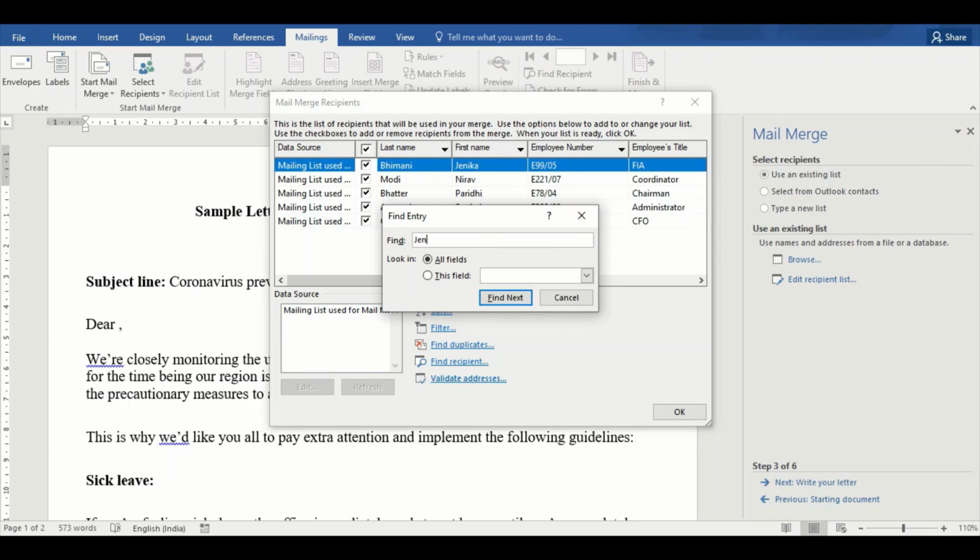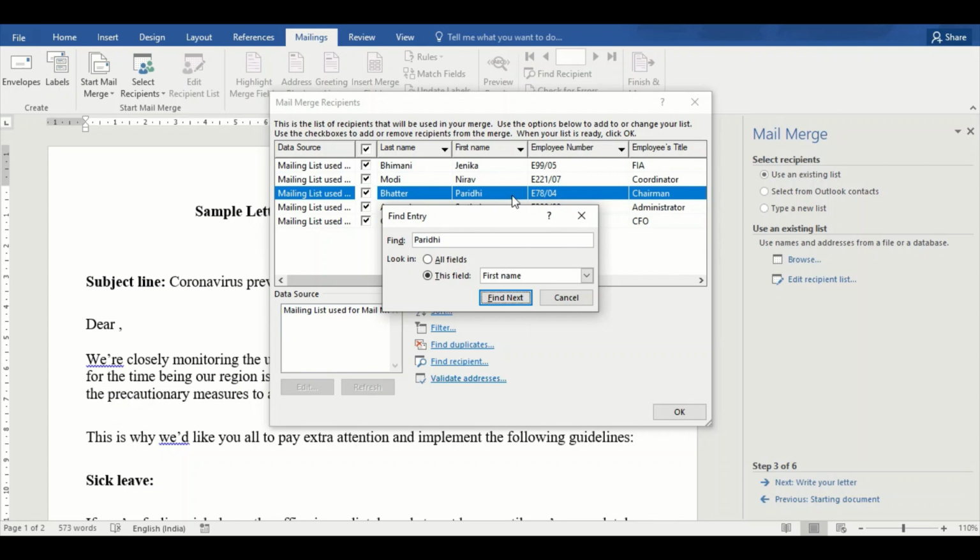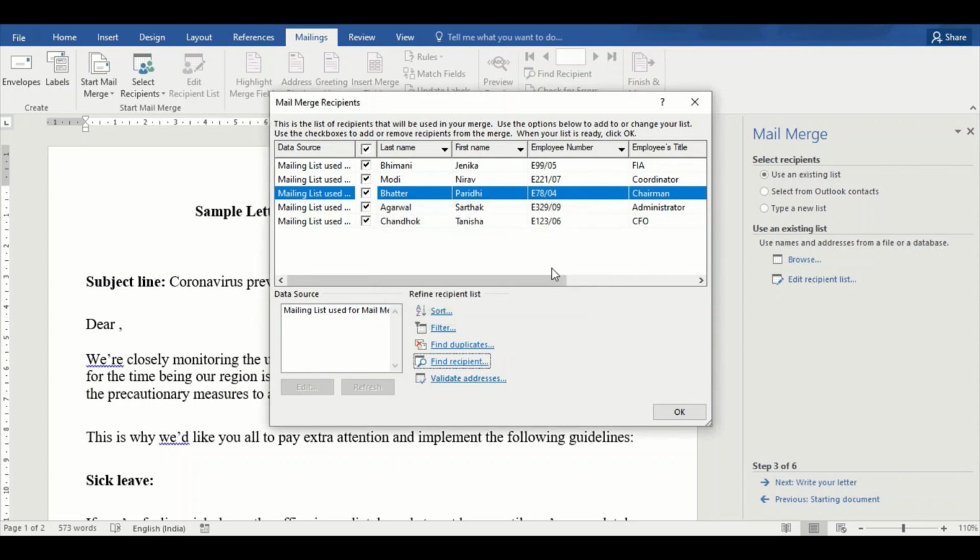And suppose I do type the name and I can find, and it's highlighted. Now I can type another name and it highlights that field. And it's very flexible. You can choose which field you want to find it from.